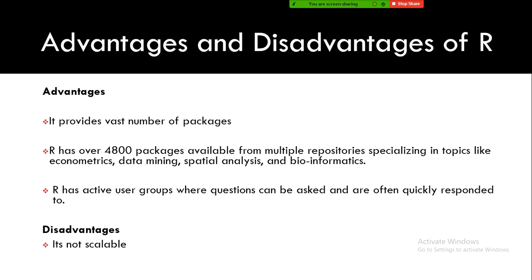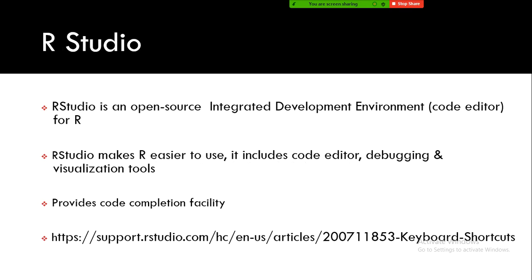Many packages are available. You don't have to write lines and lines of code. The one disadvantage with R is that it is not scalable. But earlier it was not scalable; now they have made significant improvements. Some users developed and contributed a package to the R software, like H2O. That package is meant for in-memory processing. You can cache all the data in memory, hence the processing speed is very high.